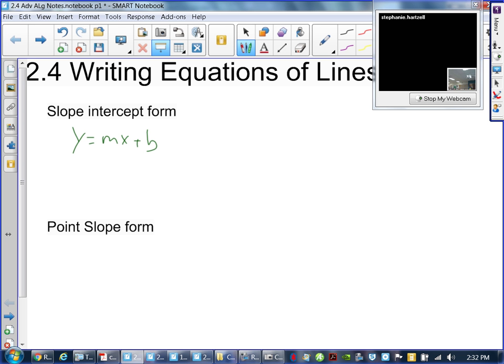Slope-intercept form we know is y equals mx plus b. Super useful. Usually when I ask you to write an equation of a line, I will ask you to write it in slope-intercept form because there is a y equals on it, and you can throw that in your calculator. But sometimes you might not be able to do that right off the bat. That's why we use point-slope form. Do you vaguely remember what point-slope form looked like? This is the one that I didn't